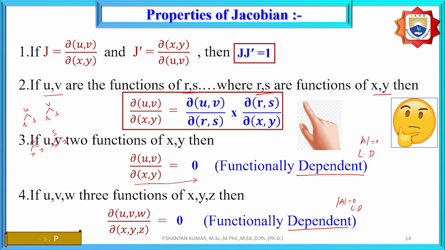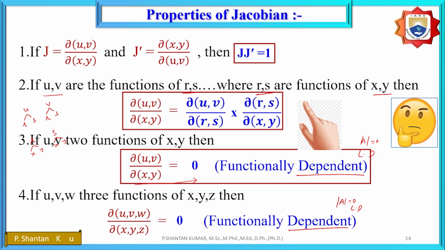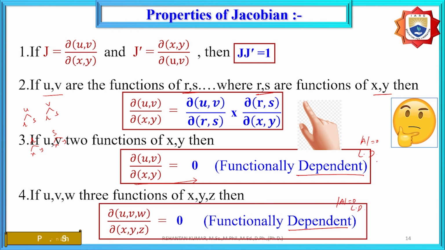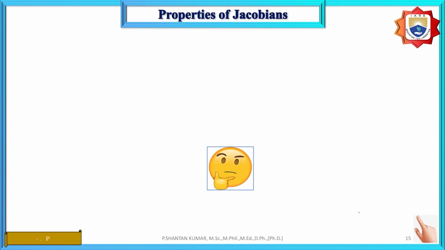And further, for linearly dependent, dou of (u, v) by dou of (x, y) is equal to 0. And the last one is dou of (u, v, w) by dou of (x, y, z) is equal to 0. These are for two variables, and this is for three variables. These are the properties we need to remember while we discuss the question bank, and these are in the module also. And further, one other important property is